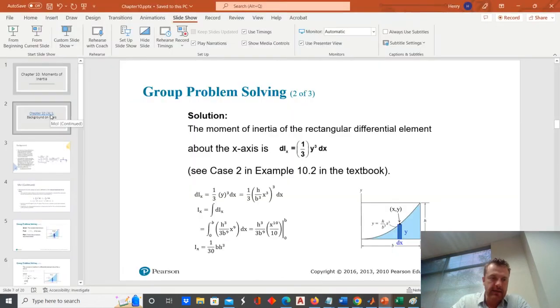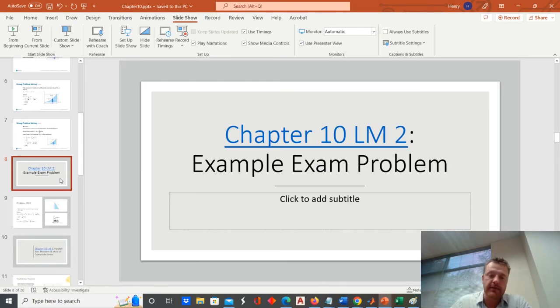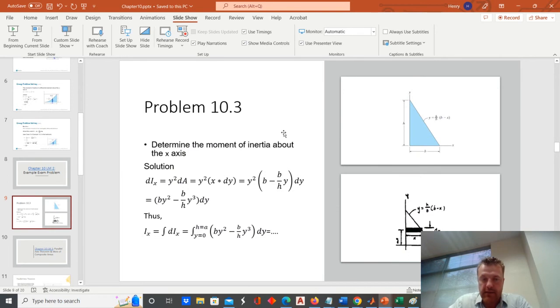So in this video, we'll take a look at the problem from exam 3 from chapter 10, at least the first problem, where you're asked to determine a moment of inertia by integration. And we have a triangular area, and we're asked to determine the moment of inertia about the x or horizontal axis. So thinking back to that comment that I just made in the last video,